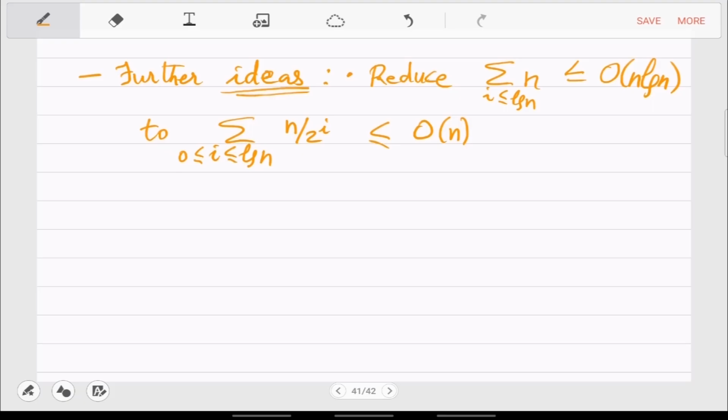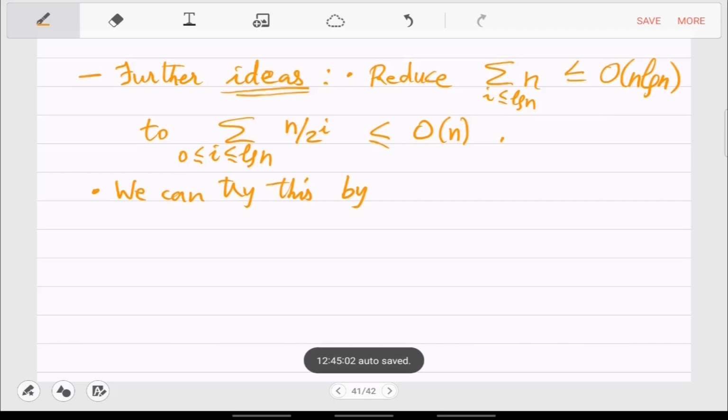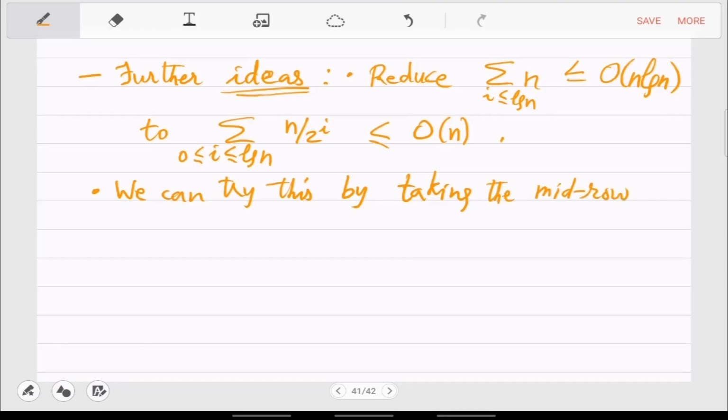And that is why you need to now halve by taking middle rows, by taking the middle row and picking upper or lower halves instead of left or right halves.